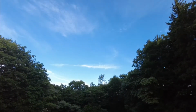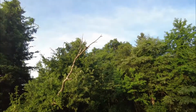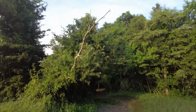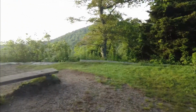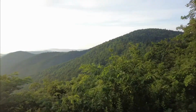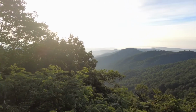But this is where it was. This is where I just came from. This trail here. And then this is the view from here. And boy, is it beautiful. Beautiful view out here. Of course, you get over here, there's trees in the way, but